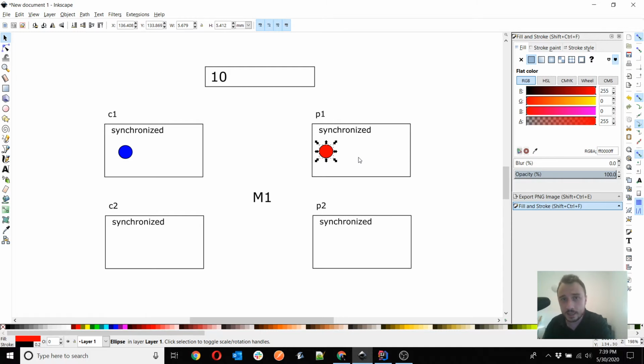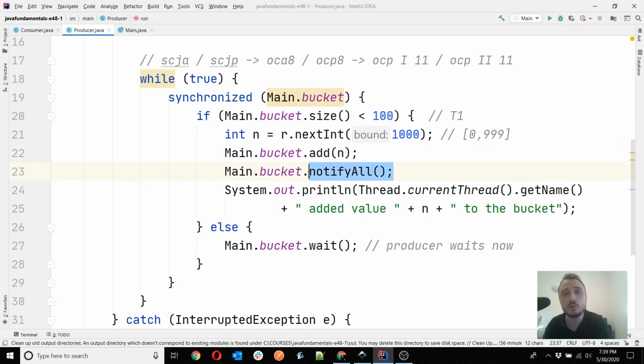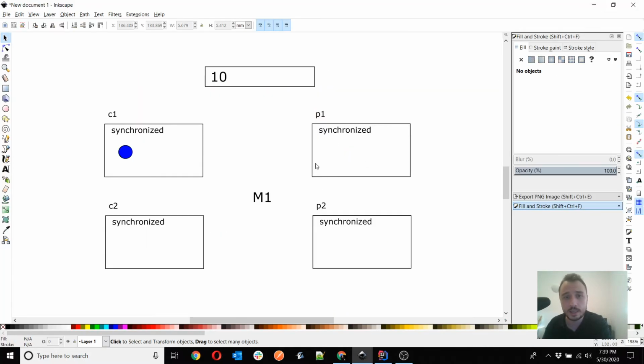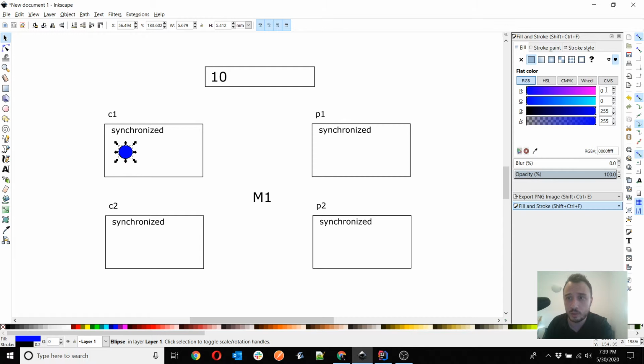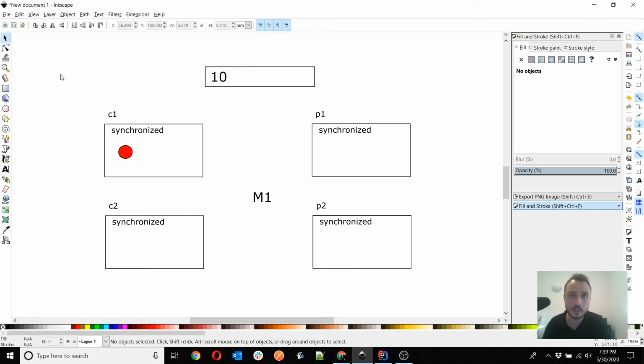After adding at least one value, it notifies all the threads that are waiting, which means in our case that this one here now becomes runnable, not necessarily red, but being runnable, it can be taken by the JVM and put into execution. That means it's not blue anymore, it's not blocked, so now the JVM can choose C1 again and put it into execution.